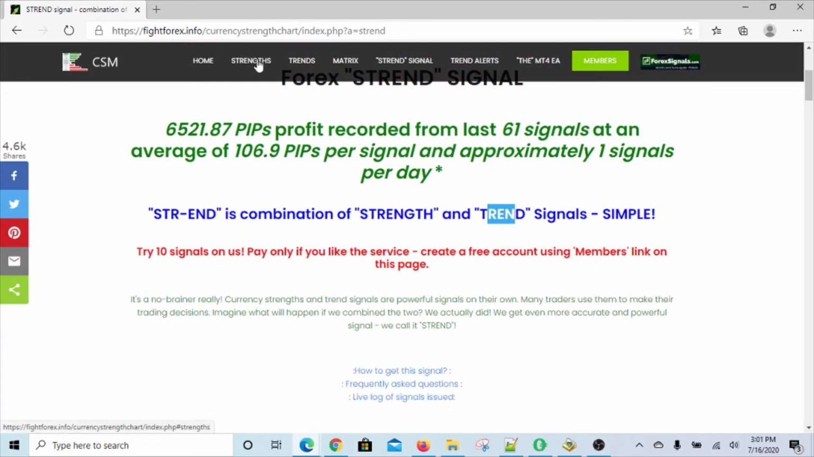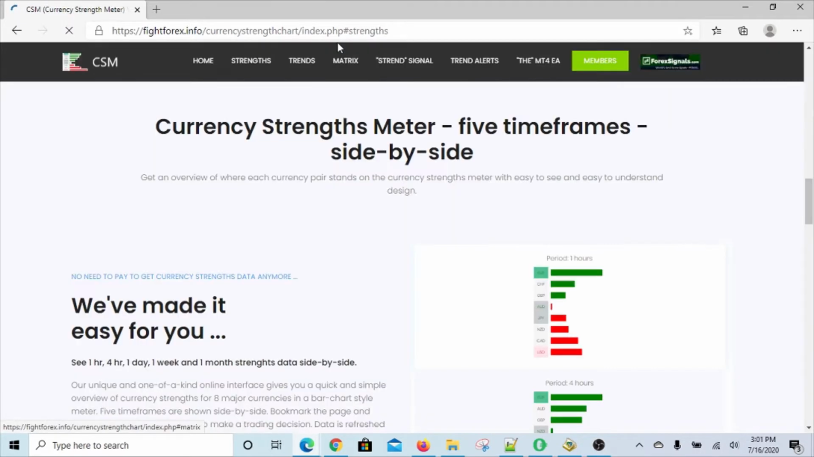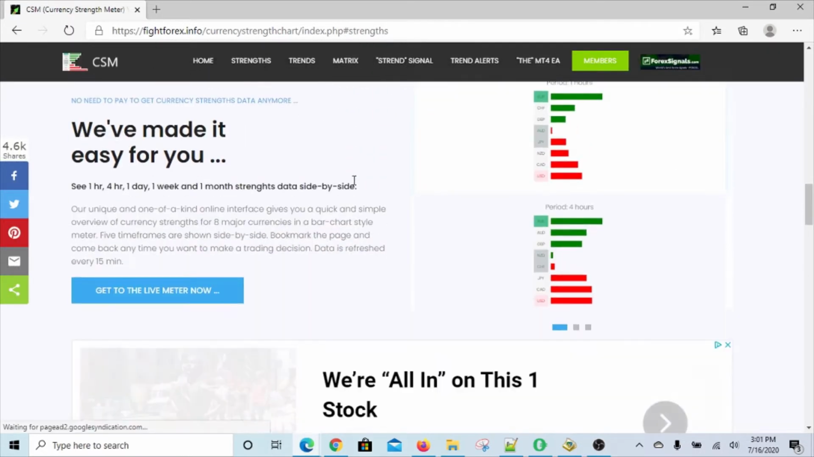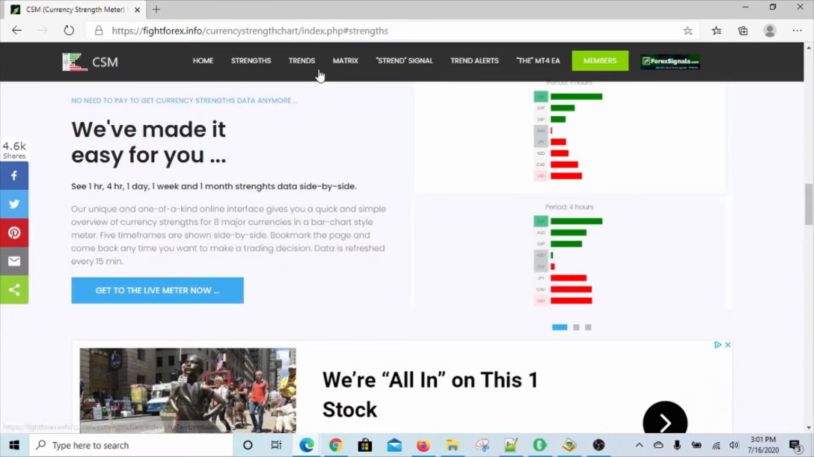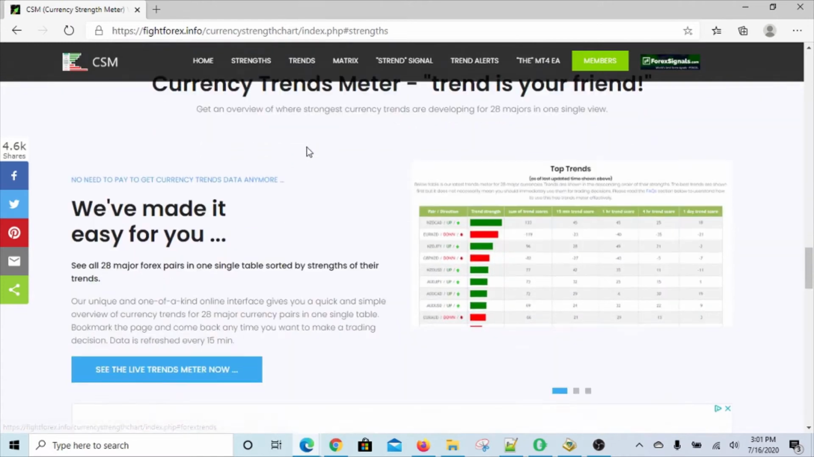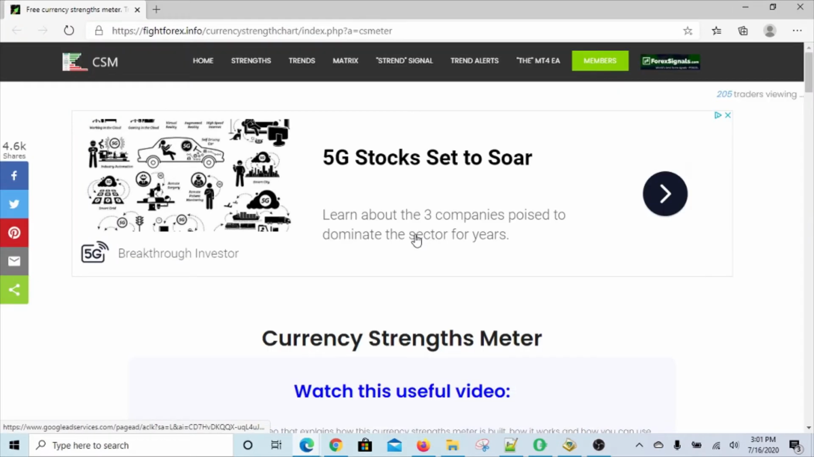On our side, you will find that there are three meters, so to say. One is the strength meter, one is the trends meter, and one is the matrix meter. So let's look at the strengths meter. Let me open this in a new window, and let me go back and open the trends meter in a new window so I can explain this better. So when it comes to strengths,